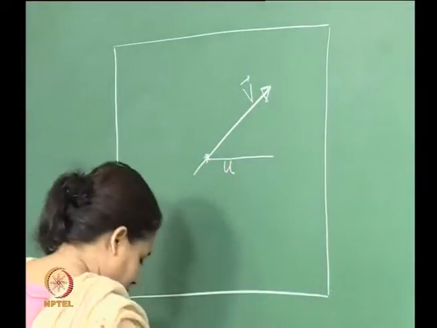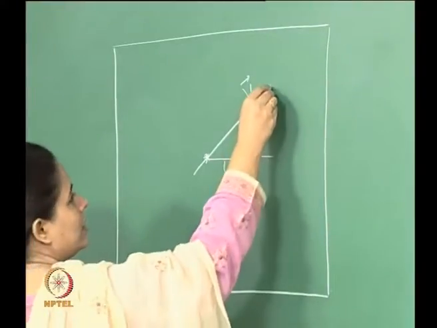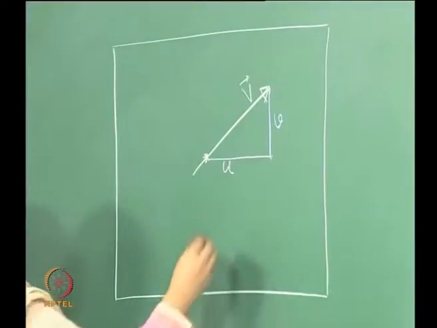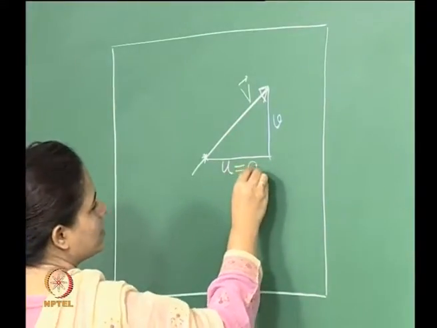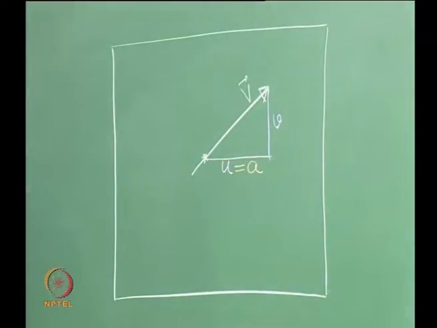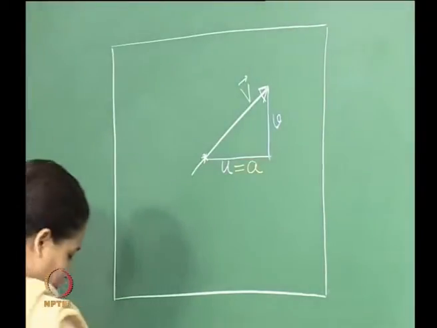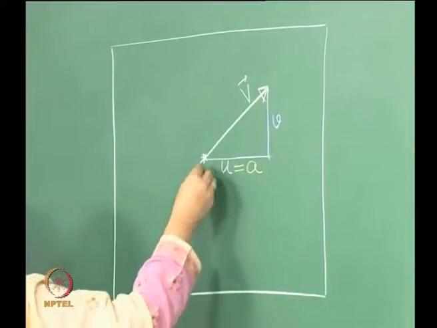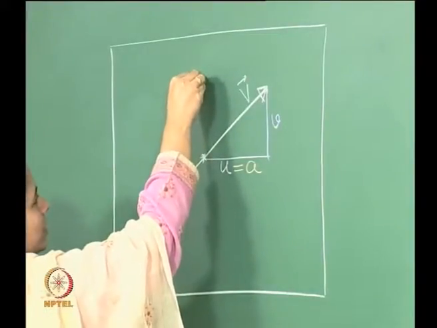This is the u component and this is the vertical component of it, and it so happens that u is equal to the speed of sound, u becomes sonic. Therefore, if we have a line, and this line is part of the grid,